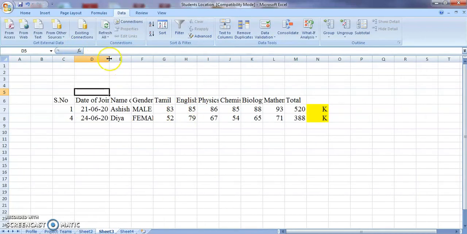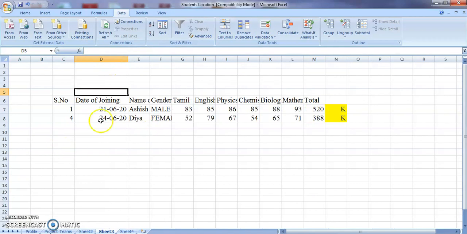This is how you do your advanced filter option. But if you do not have your cursor in the active sheet where you want your filtered data to appear, then you will get an error. So just remember, whenever you want the location to be on another sheet, your cursor should be in that particular sheet. That will be considered as your active sheet.